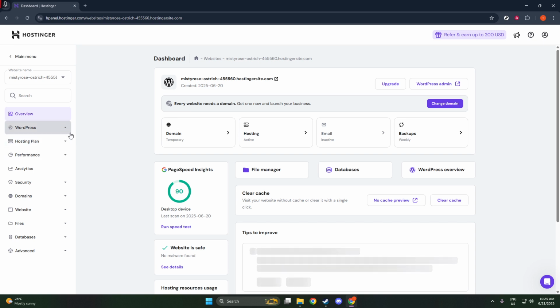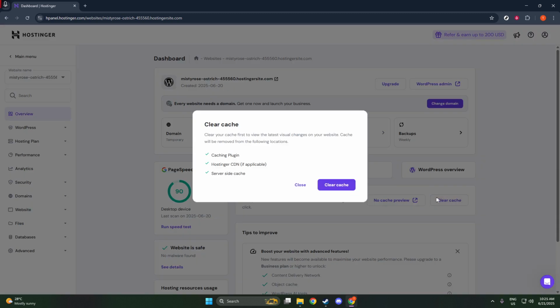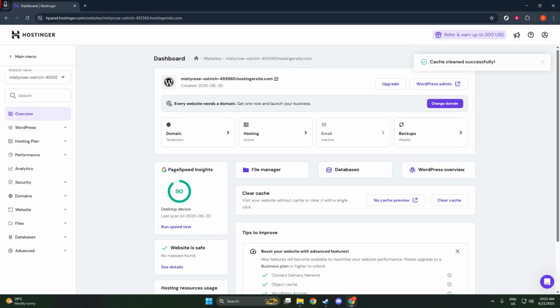In the WordPress Overview section, look for the option to Clear Cache. This feature is specifically designed to remove stored data that might be clogging up your server, potentially slowing down your site, or displaying outdated content to your users. Click on Clear Cache, and in just a few seconds, the cache will be cleared, resulting in immediate updates to